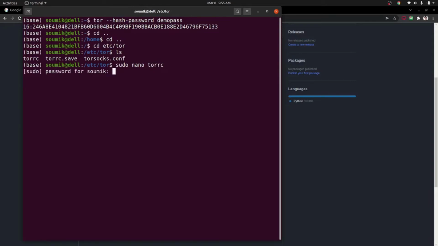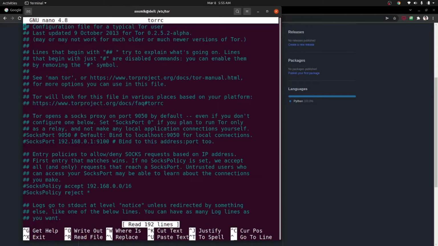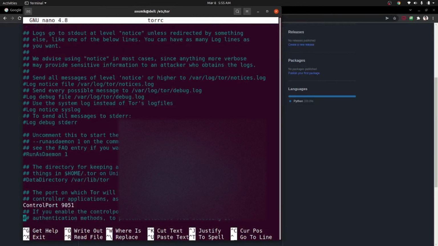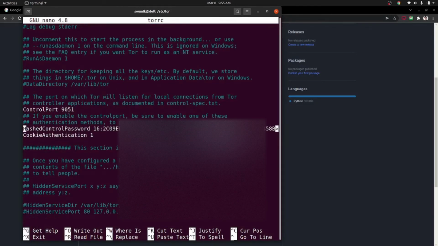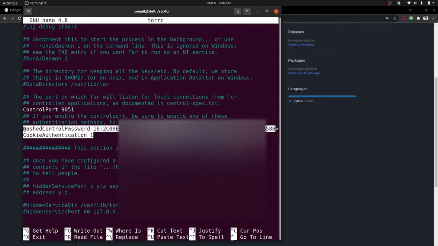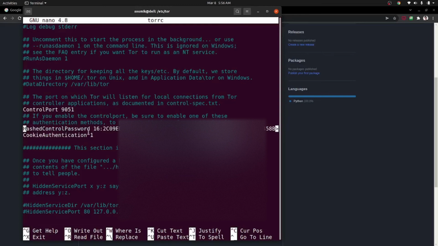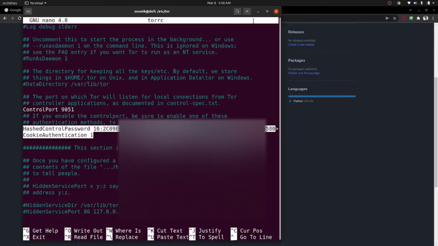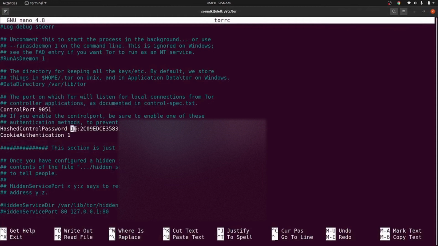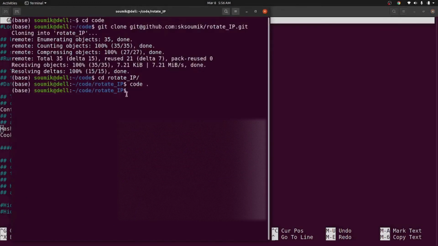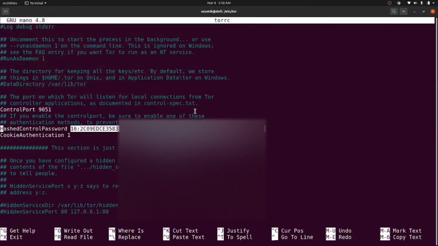Yeah, okay, you need to type, go down to this file, and then you will see there's something like this. In your case these 2 lines may be commented out, and you might see these pound signs before these 2 lines. You just need to remove the pound signs and make these 2 lines available, and you need to replace this password